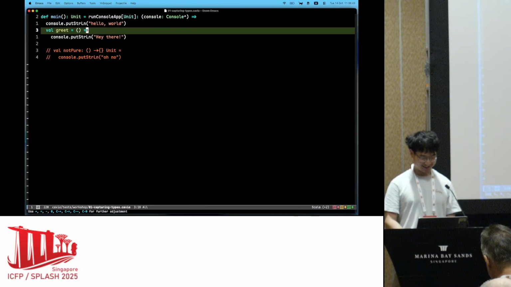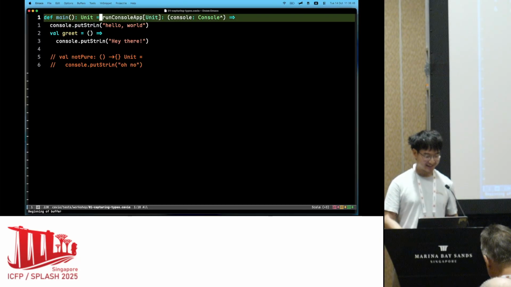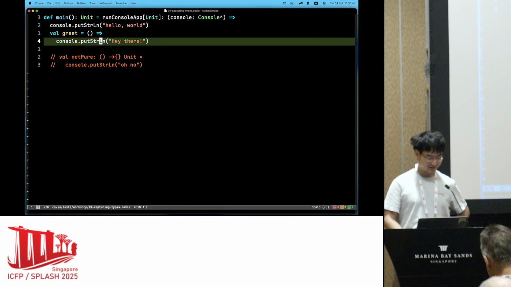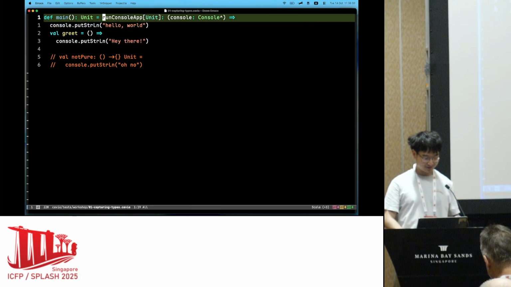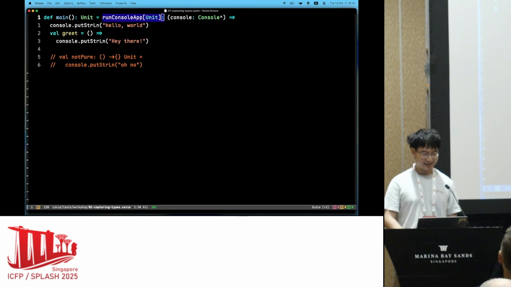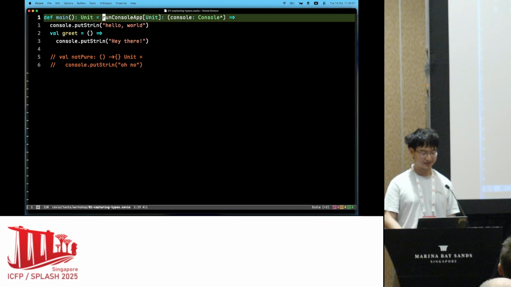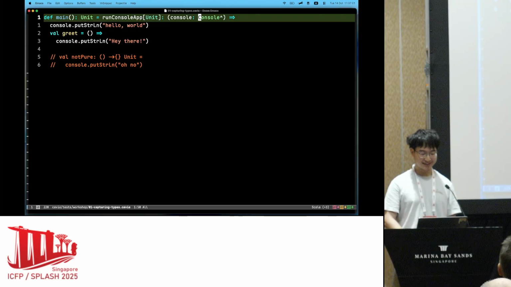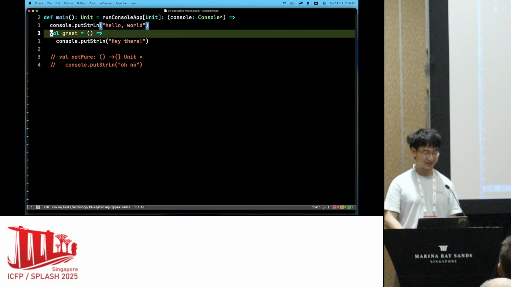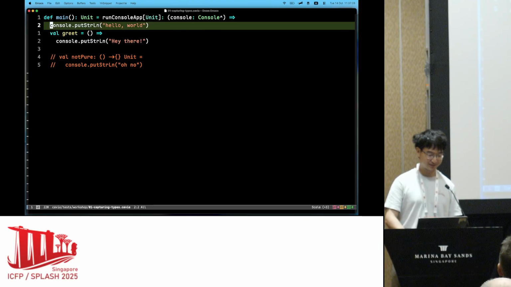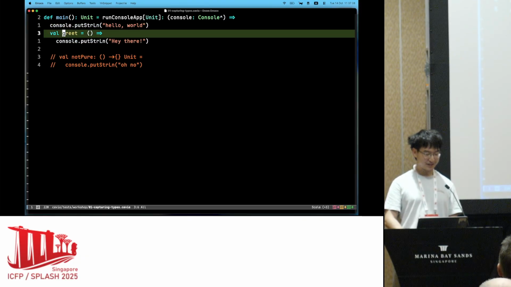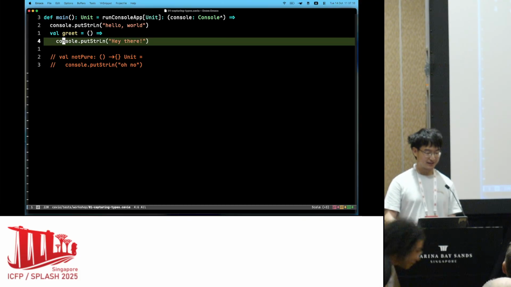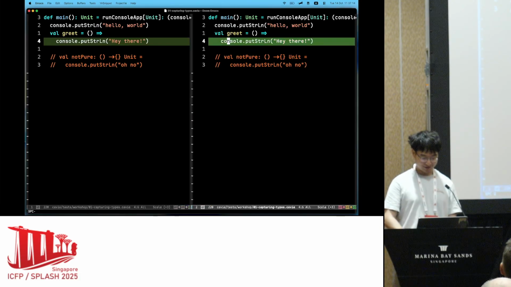Yeah, so this is in that small experimental language, and now we are using this scoped capability pattern, which Martin showed just now also, where we say I have console capability locally, and I can use it to print things to console. And now if you have a function that uses that capability,